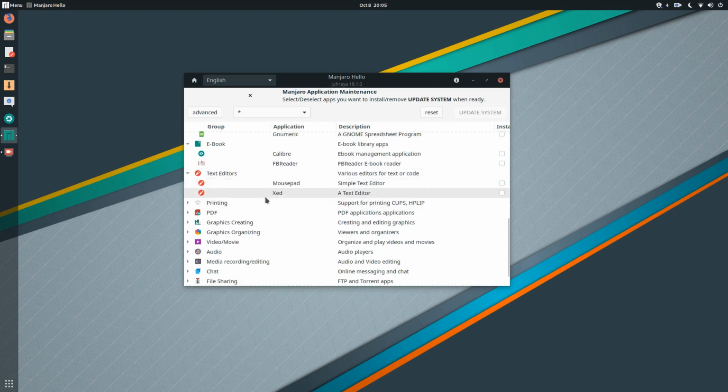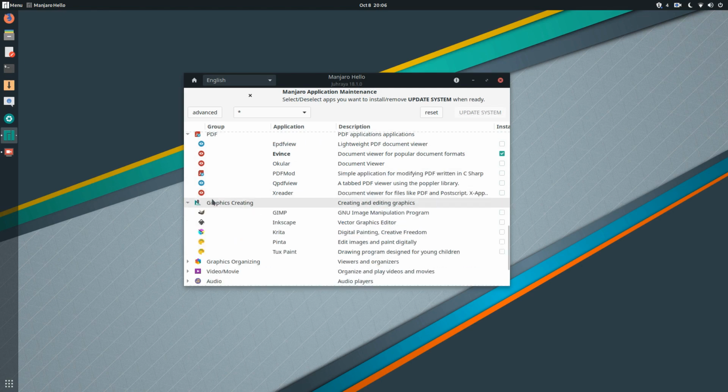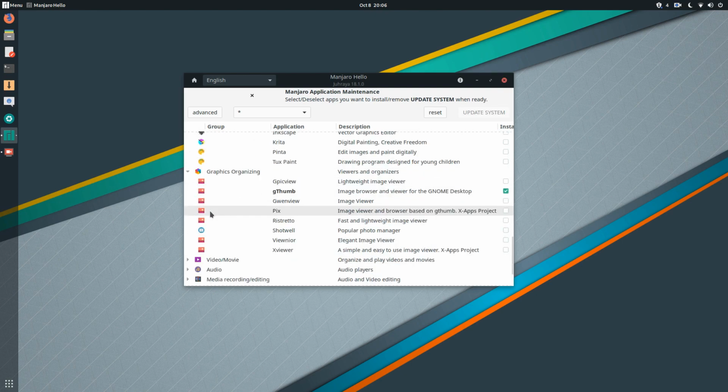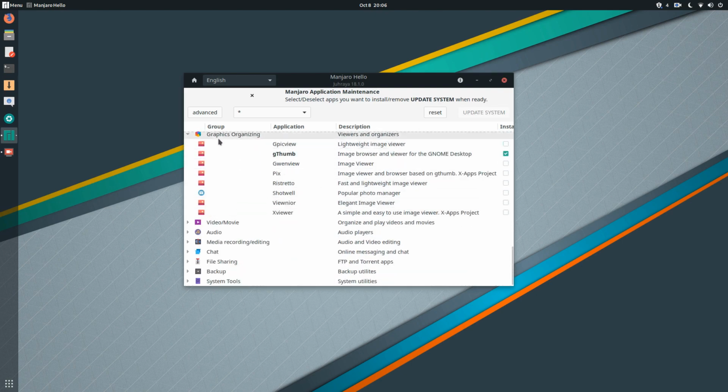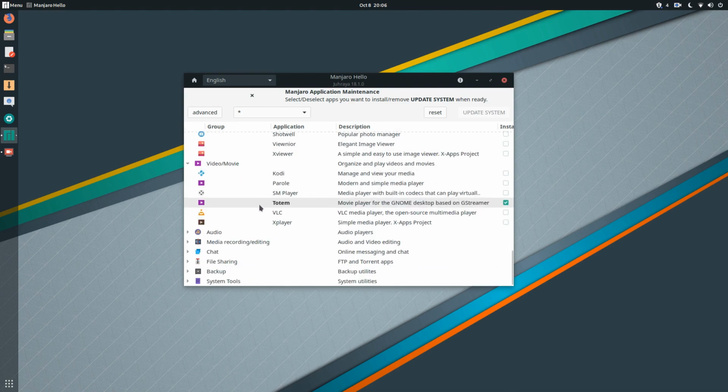Text editors, Mousepad and Z. Printing, PDFs. Graphics, GIMP, Inkscape, graphics organizing, which is image viewers, a lot to choose from, videos and movies, Kodi, Parole,